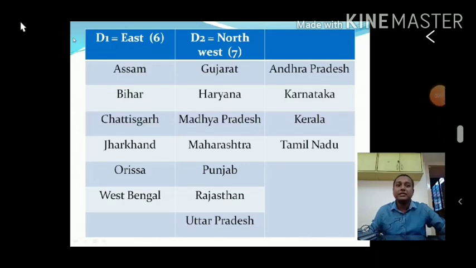So when you take the dummy variable 1 as east, dummy variable 2 is northwest. So we have 6 states. The presence of dummy variable 1 is Assam, Bihar, Chhattisgarh, Jharkhand, Orissa, West Bengal. So for the presence of east, which is dummy variable 1, the values will be given 1. The presence of northwest is actually dummy variable 2. When there is a presence of northwest, we give the values for Gujarat 1, Haryana, Madhya Pradesh, Maharashtra, Punjab, Rajasthan,